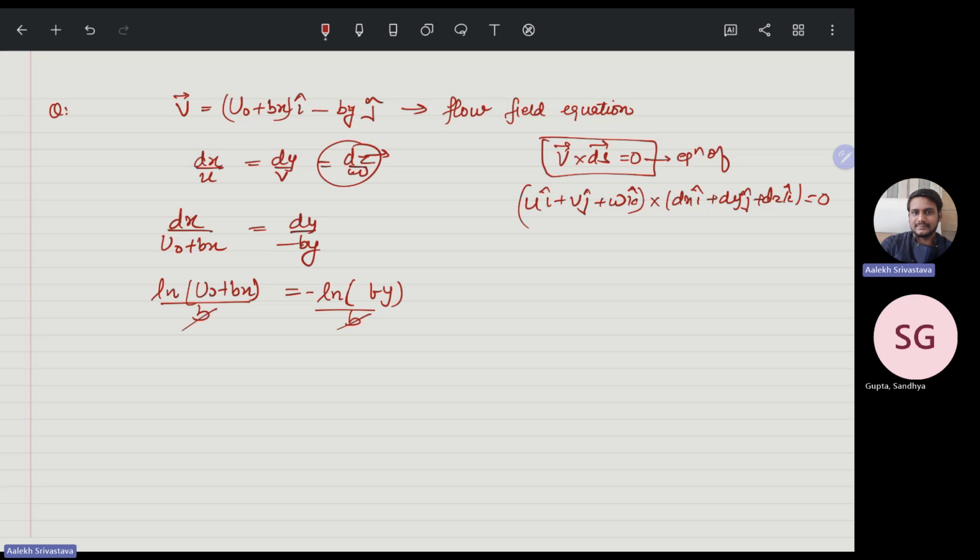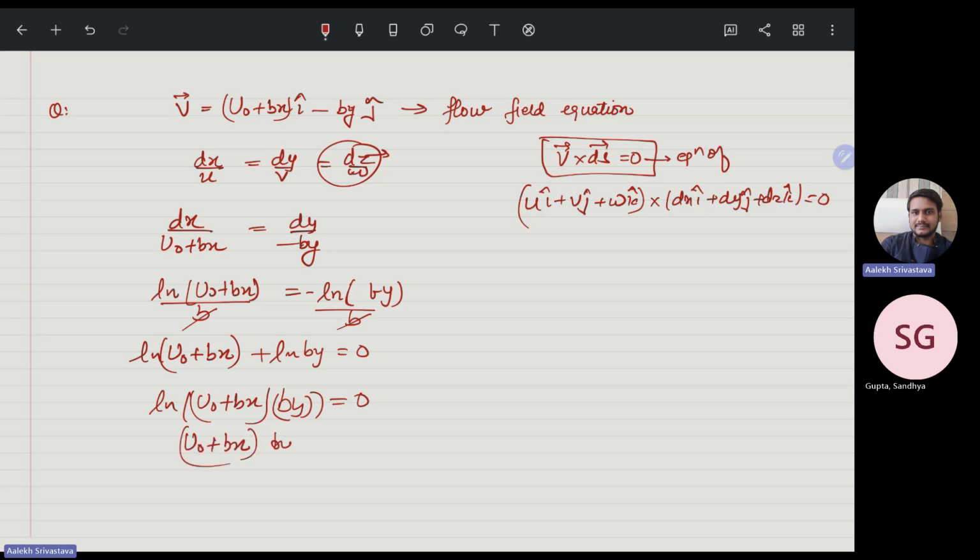So putting it here, ln of u naught plus bx plus ln y is equal to a constant, which gives u naught plus bx into y is equal to a constant. So y is equal to